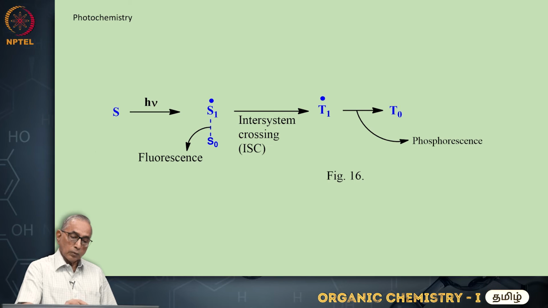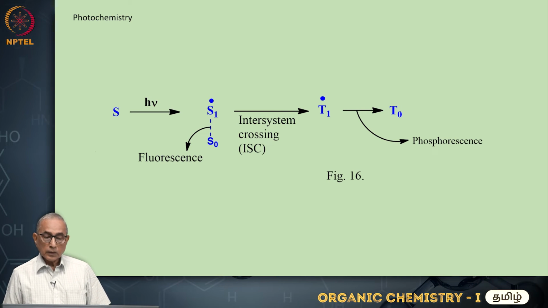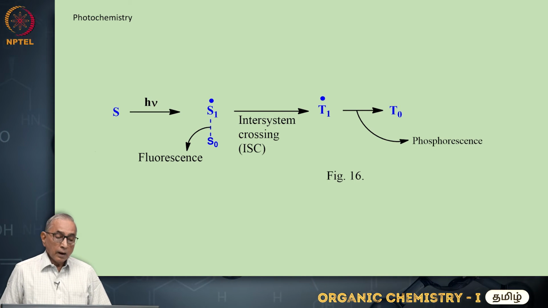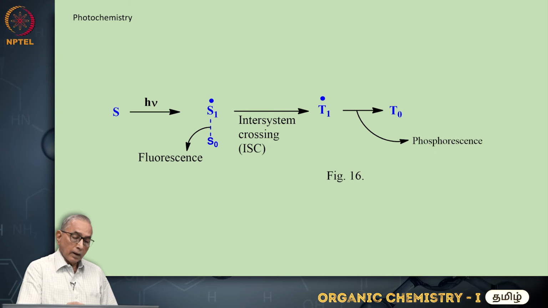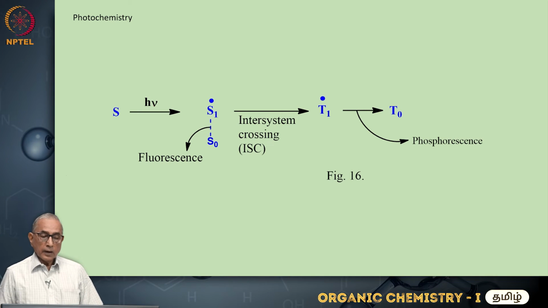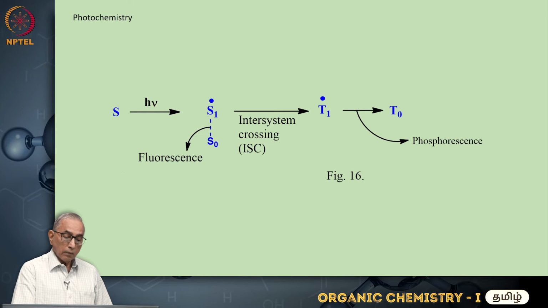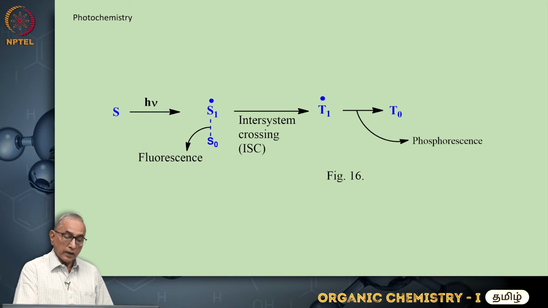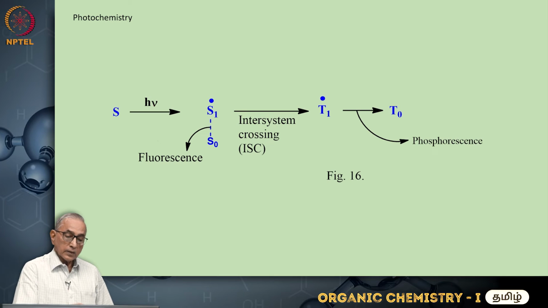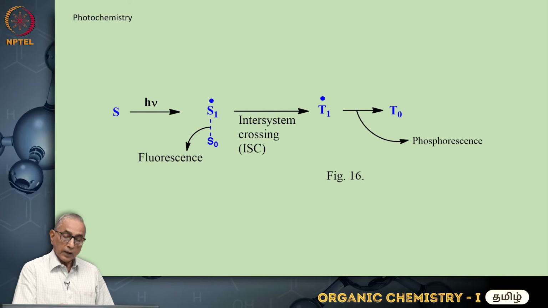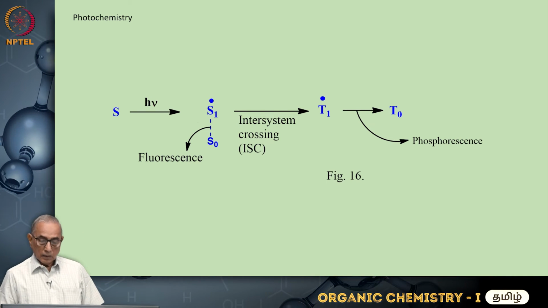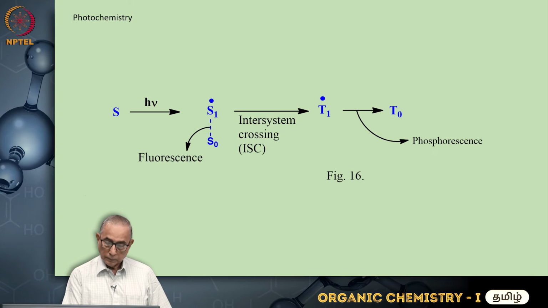From that it can come back to 0, and this emission of light is called fluorescence. It is usually the shorter wavelength, and then you have what is called intersystem crossing. This excited singlet state can become a triplet state. Singlet state, you have a molecule,